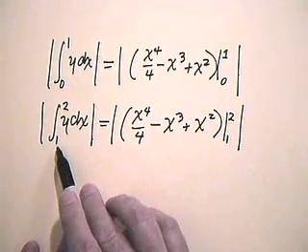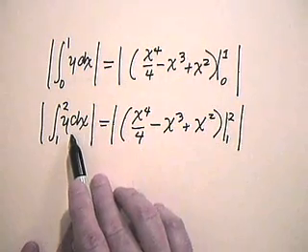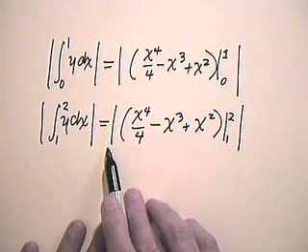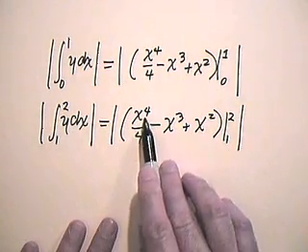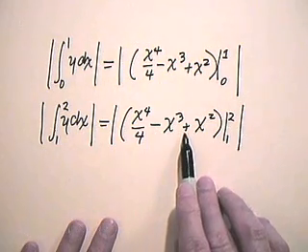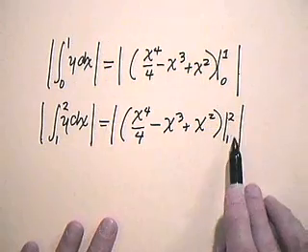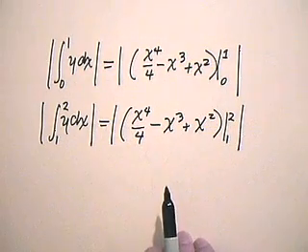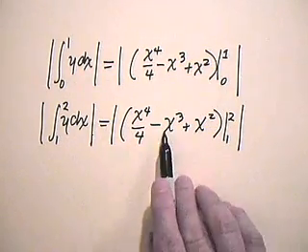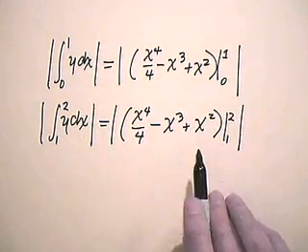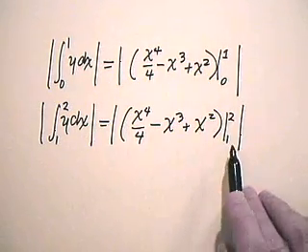The definite integral from 1 to 2 of y dx in absolute value is the absolute value of x to the fourth over 4 minus x cubed plus x squared, evaluated between limits 1 and 2. So because we're dealing with this same antiderivative in each case, the best thing to do,